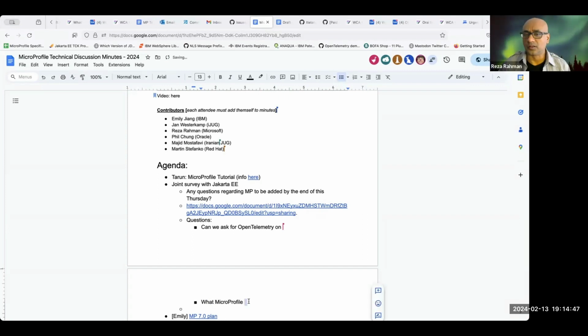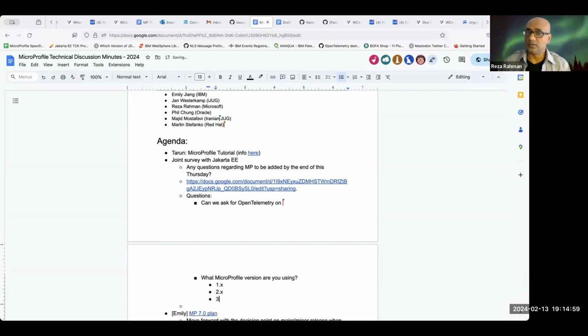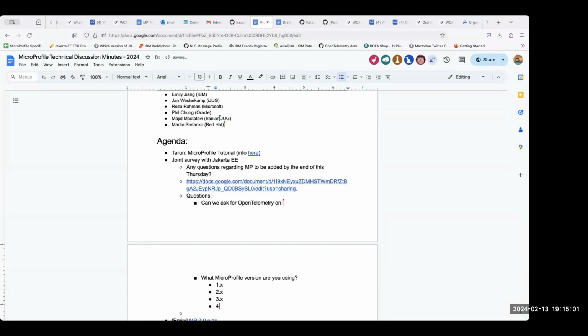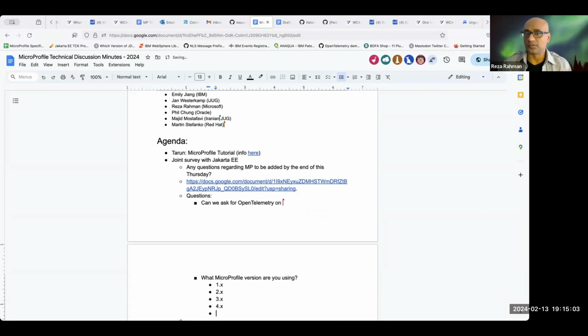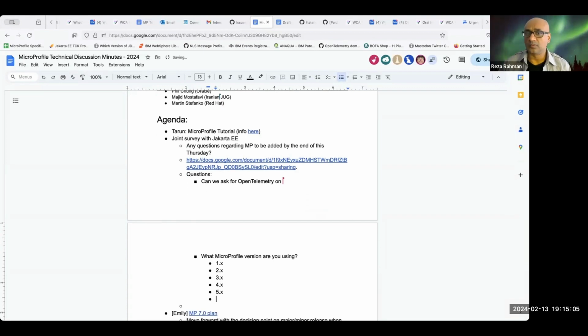I think OpenTelemetry potentially, but we can see if there's a desire to say, hey, do you want OpenTelemetry included? But to be honest, that question is specifically asking about the Jakarta EE working group. It's not asking about MicroProfile. I don't know the likelihood of actually including OpenTelemetry, given that everybody knows that's probably not going to be in Jakarta EE. But regardless, useful feedback.